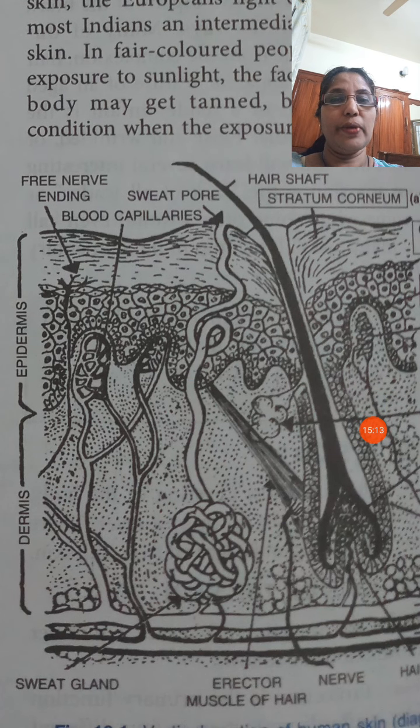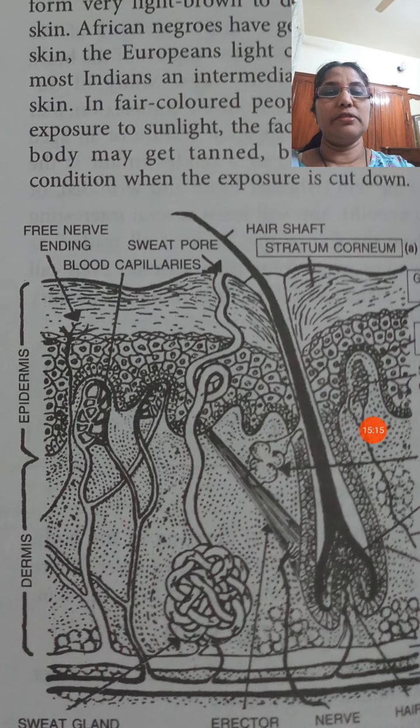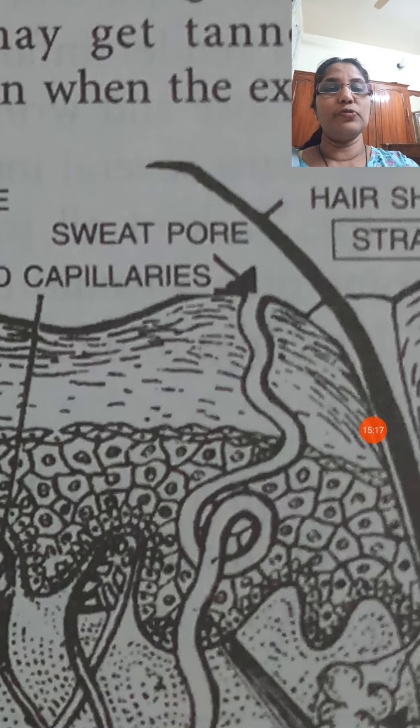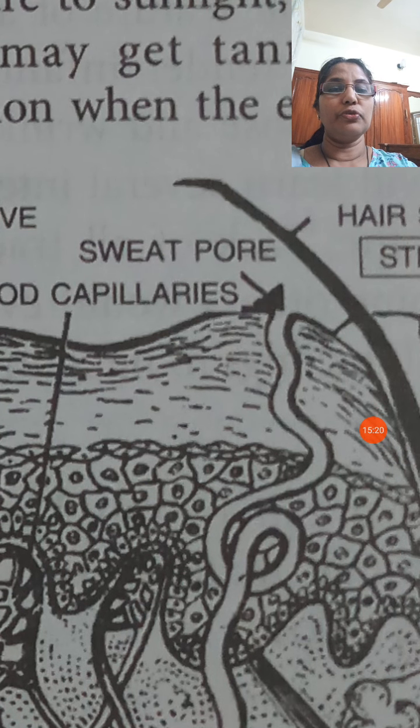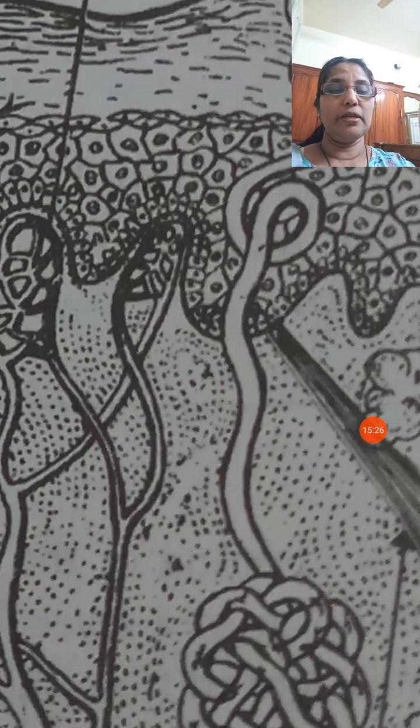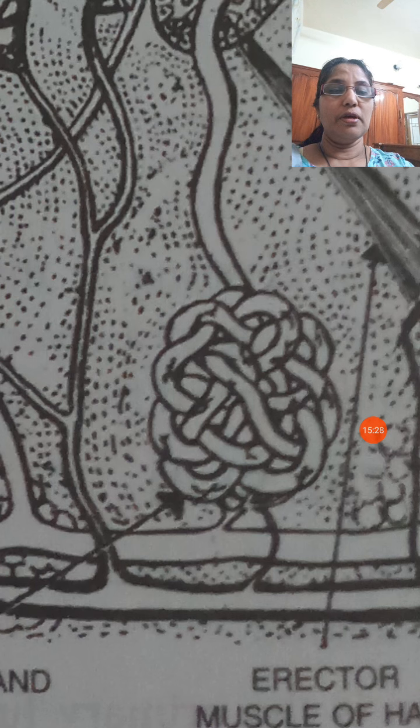Then again you can see the sweat glands. Sweat pore you can see. Through the sweat pore, sweat is coming out. Sweat coming out is the sweat pore. Then sweat is produced from the